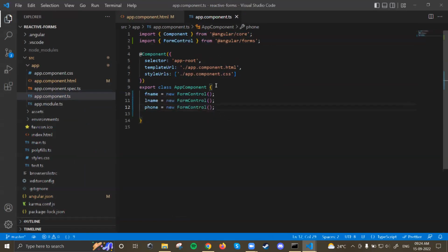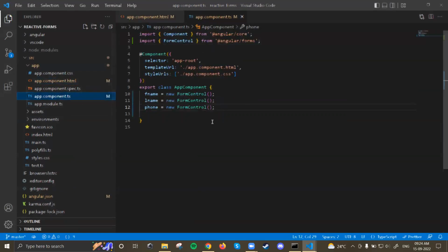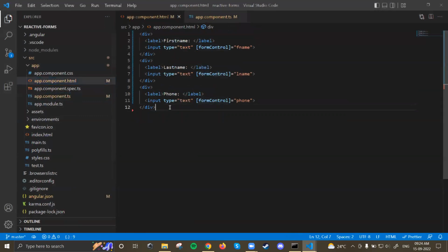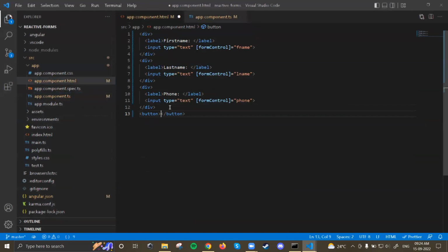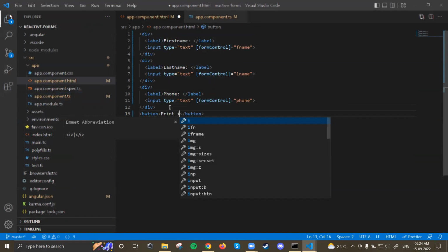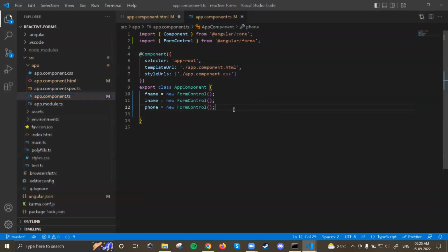Now I want to check whether, whenever I write something there, it is saving here or not. So let me have a button, and let me write print in console. I'll bind one event here, I'll bind one method here. So let's say it is print. What this print method will do,